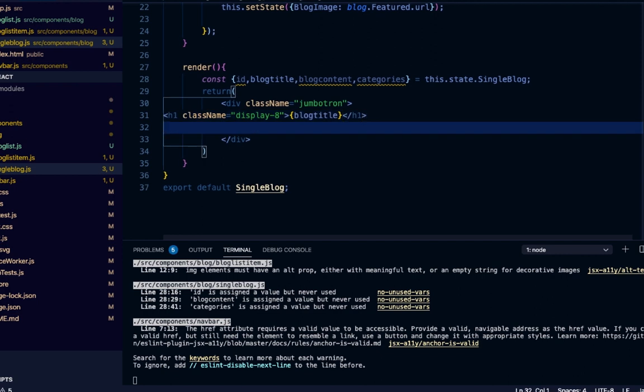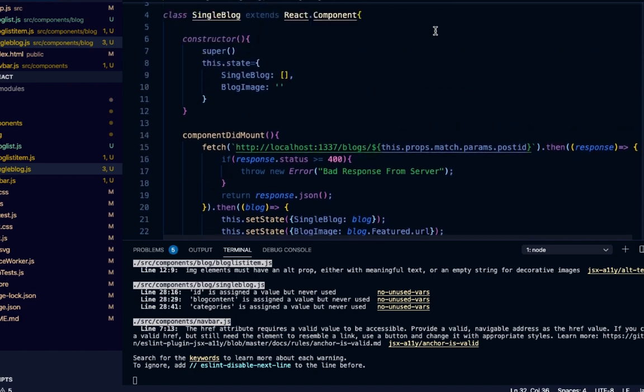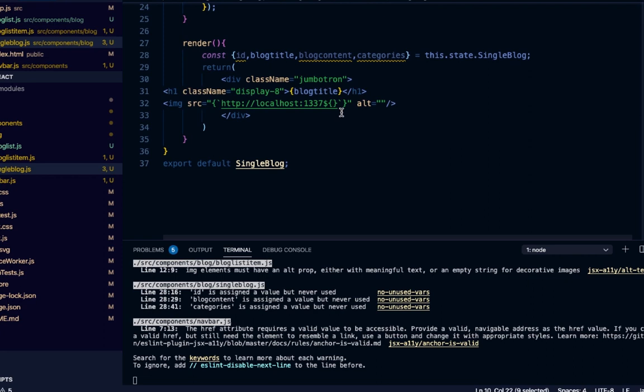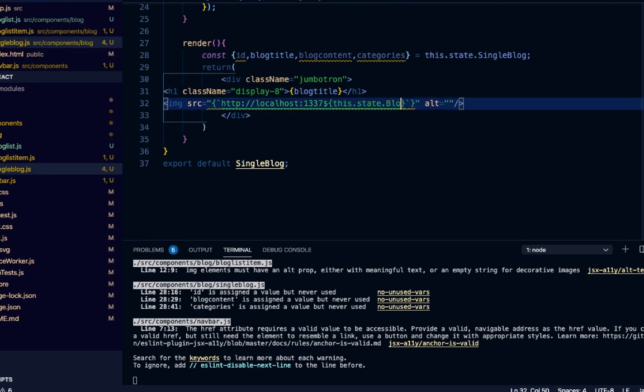Let's do image in source. Let's add backticks and our localhost URL for Strapi, 1337, and append our blog image URL. So for now I will just go ahead and use this blog image. Let me just do this.state.blog image,